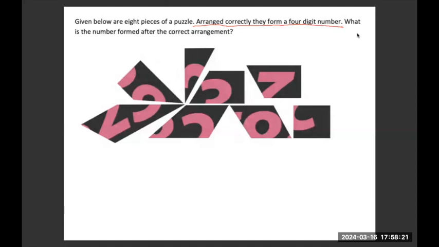Now, in this case, like in any puzzle question, I'll first find the corner pieces. That is the easier thing to do. So I know this looks like the left bottom corner, because when I rotate it, it also looks like a top corner. Let's just start with this and this part because they look very similar. So when I take this on top,